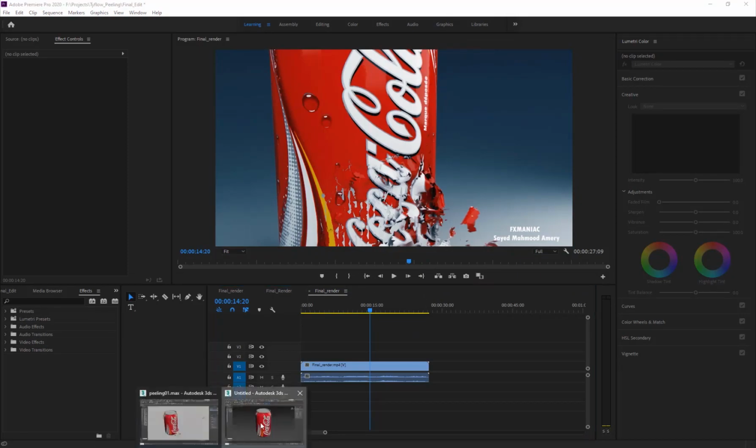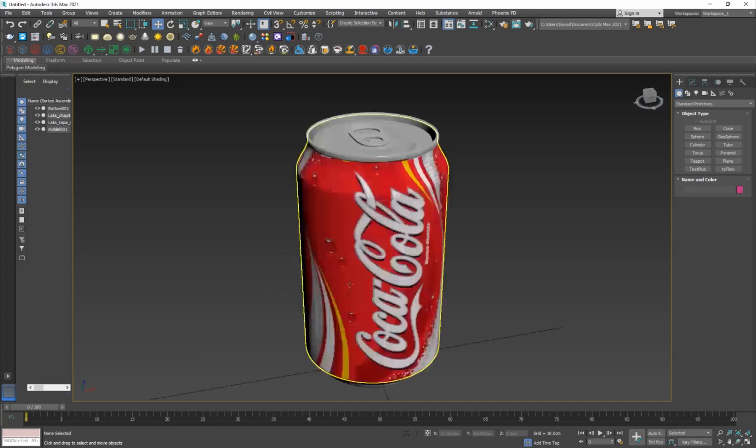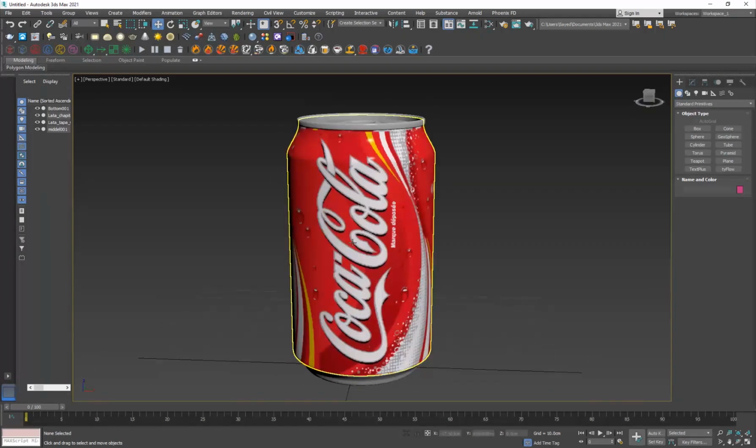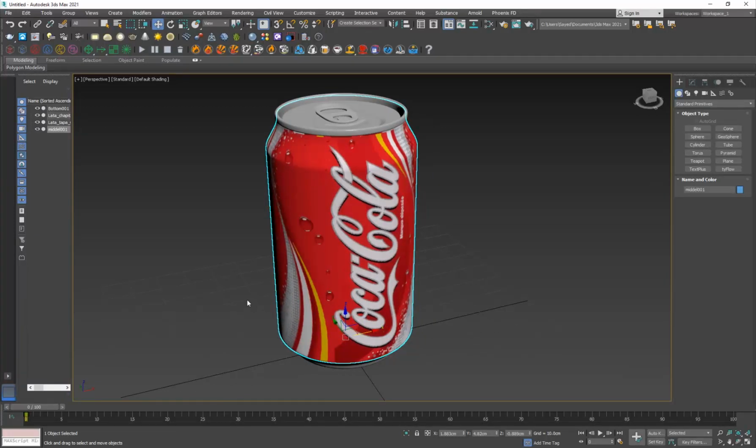So what I'm going to do is go into my 3D Studio Max scene. I've downloaded this model online. It's free, and they have a couple of different textures. And by the way, if you don't want to download it, or for some reason don't have access to downloading it or whatever,